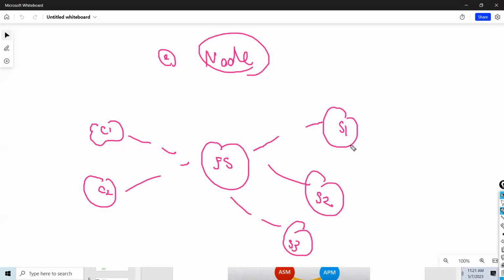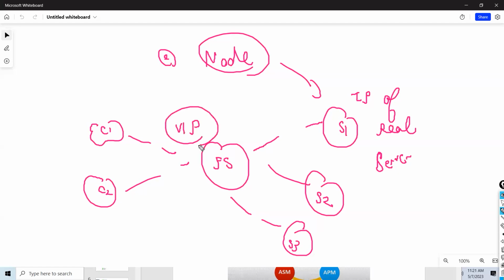A node, guys, is just the IP address of your real server or backend server. We talked about the virtual server. It is the front-end IP address of your website. When I talk about a node, a node is just the IP address of your server, physical or virtual, where your application is originally hosted.